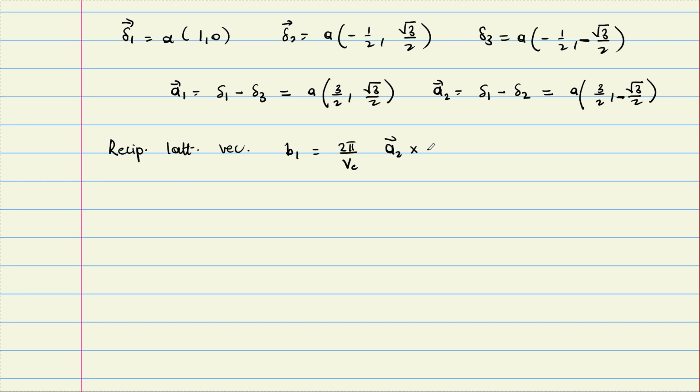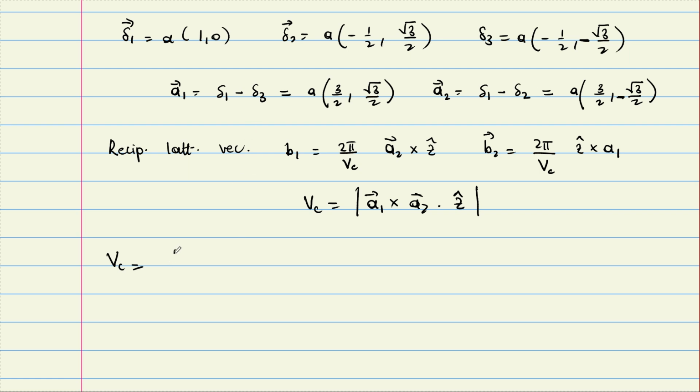So B1 is going to be 2 pi over VC times A2 cross Z, and B2 is going to be 2 pi over VC times Z cross A1. Here this V is the unit cell size. VC is A1 cross A2 dot Z, and let me just take the absolute value. So VC is equal to,